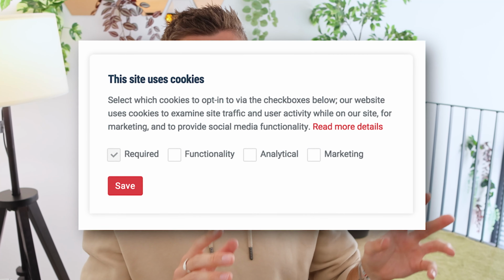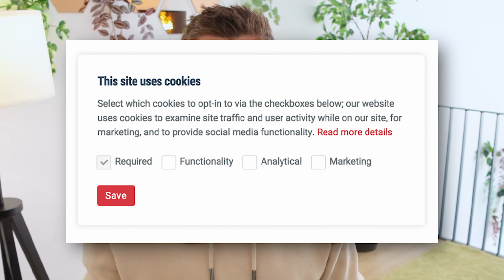Number 1, cookies. We're all familiar with those banners popping up saying, hey, we use cookies, do you allow us to save our cookies on your device? And there's nothing really inherently bad with cookies. Cookies can be used for anything from remembering your login information so you get a smoother experience when using a product, to saving information about you, your user, your device across different websites. So tracking services like Google Analytics or Google Ads or Facebook ads can know what kind of website you visit, and then based on that they can serve you more relevant ads. And the second example is of course the one that you typically give consent for.